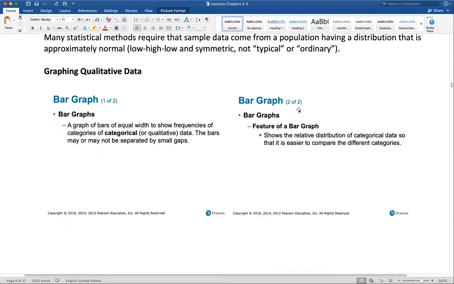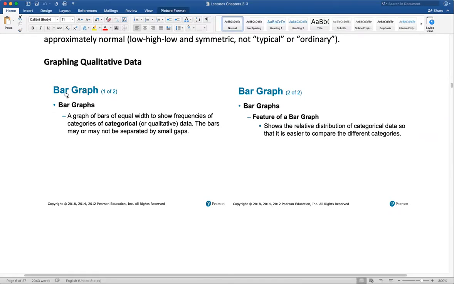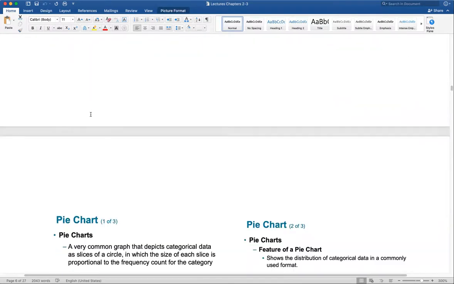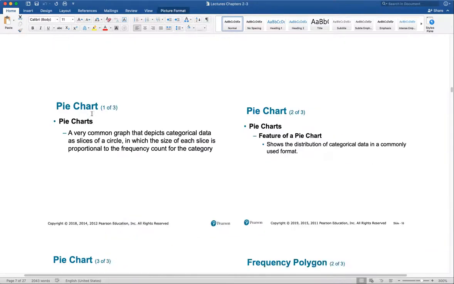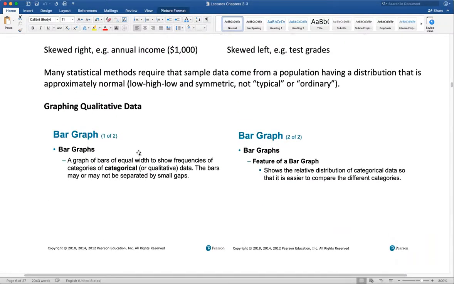But what about graphing qualitative data? So the data value is not numerical. Maybe it's categorical, like low, medium, high, or male and female, or blue or yellow, something like this. So one of them is a bar graph. It's similar to, let's see, where's one? Not here. Yeah, similar to the histogram,